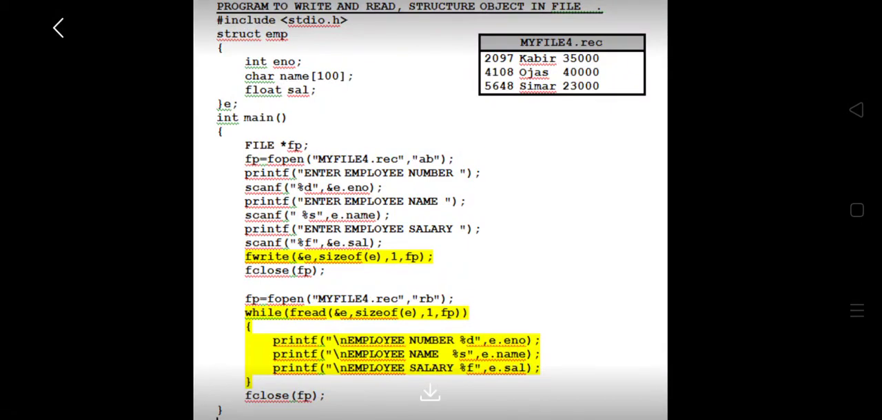Hello and welcome to another session on file handling in C programming for the subject of Introduction to Programming using C. In today's class, we will be discussing binary files, records, the fwrite function, the fread function, and